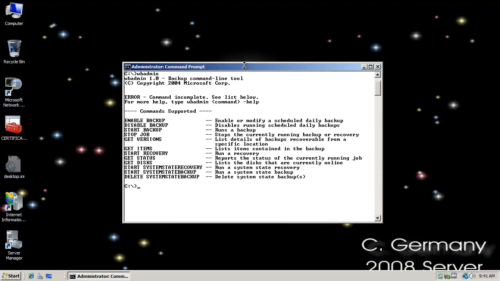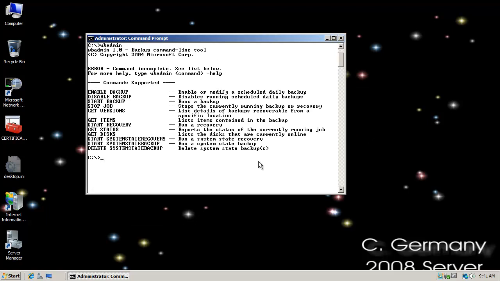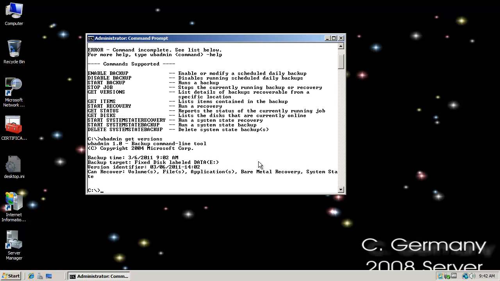I'm going to drag this down some. And the first thing we want to do is look at whatever's in our log files, volumes and things that we backed up. So I would do wbadmin get versions, because we'll need the version for our restore. And notice we can do a system state backup, a system state recovery. We can do a full recovery and backup with this tool. But I need to know this version identifier right here. Okay, the version identifier,